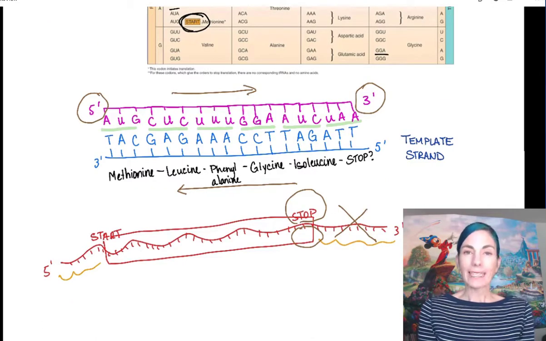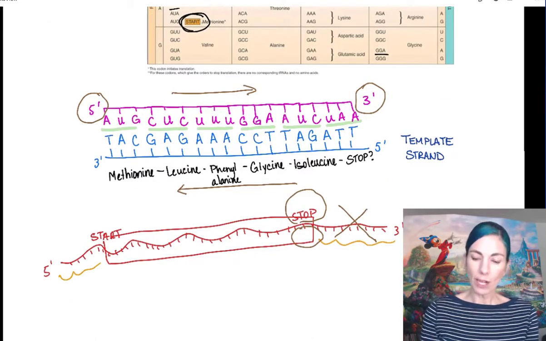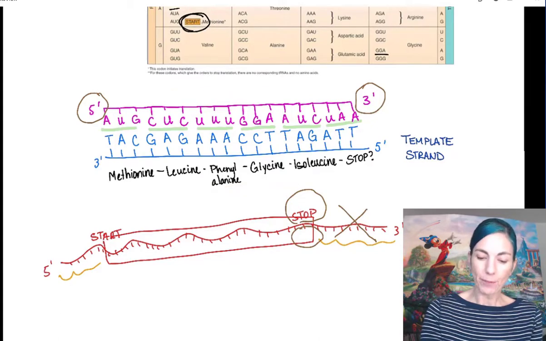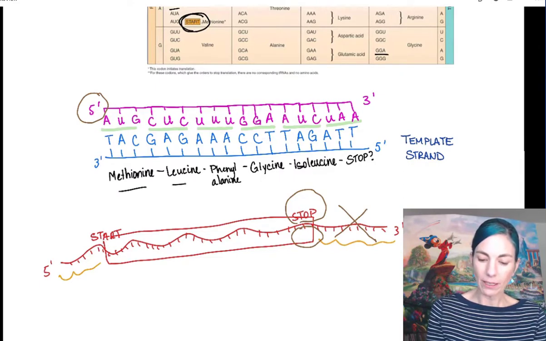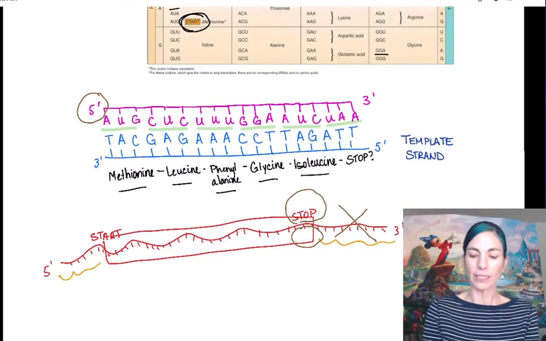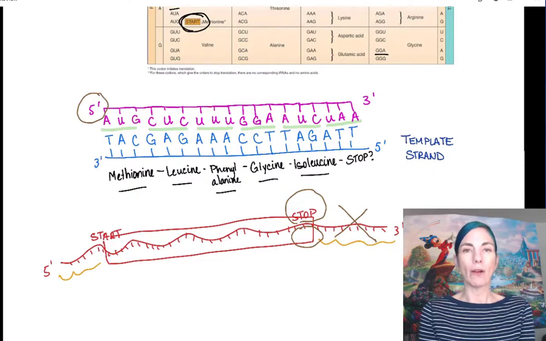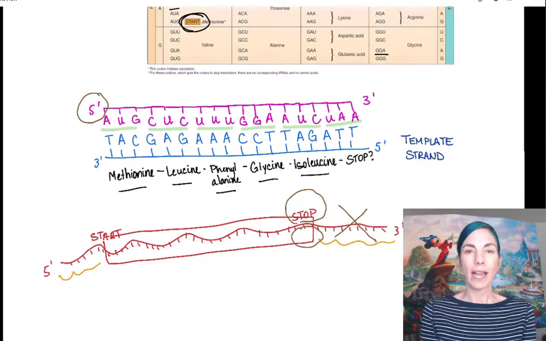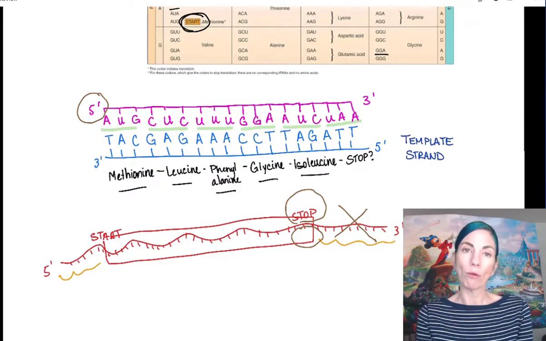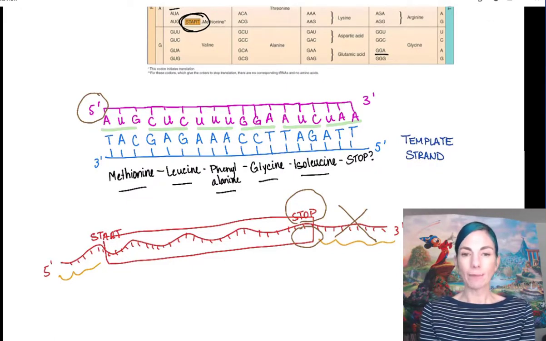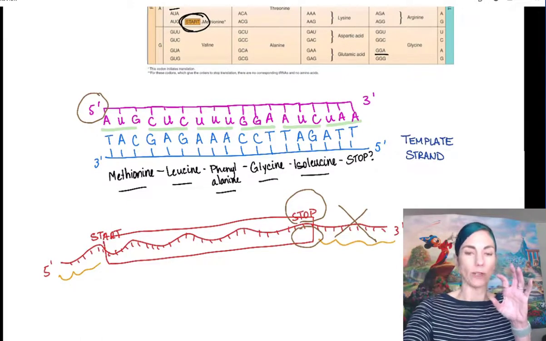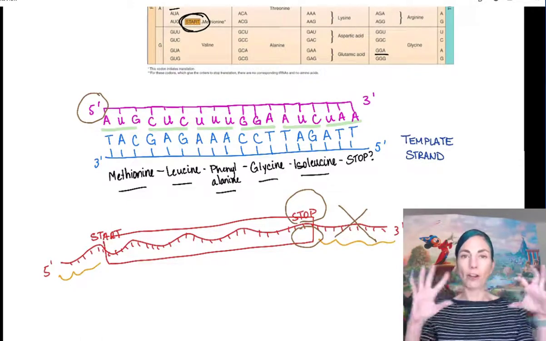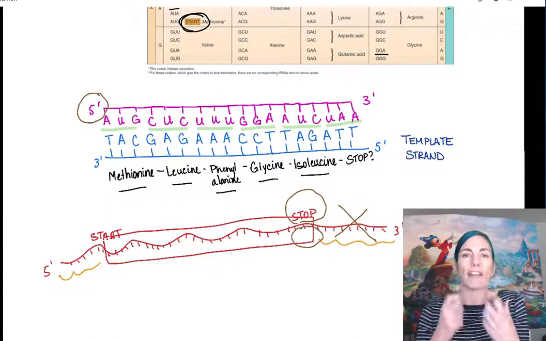So the last thing that I want to have you do is take a look at the residues for the amino acids in this chain. Methionine, leucine, phenylalanine, glycine, isoleucine. You can pull up an amino acid chart and take a look at them. And what you will see is that they are all nonpolar. So that tells us something about how this chain might fold on itself. The fact that they are all nonpolar means that those residues, if surrounded by water, are going to want to come together, and that will help the whole thing fold in